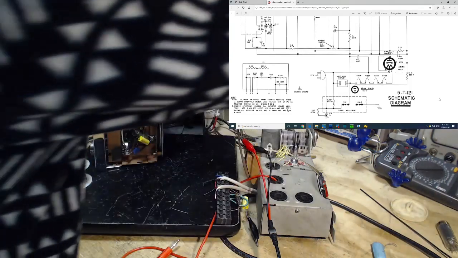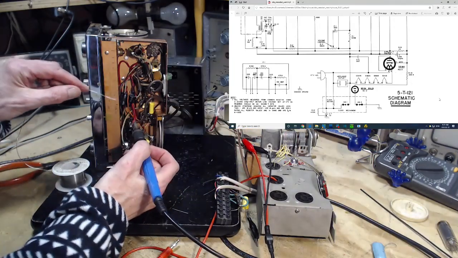I don't know, do I even have to solder that? That is a